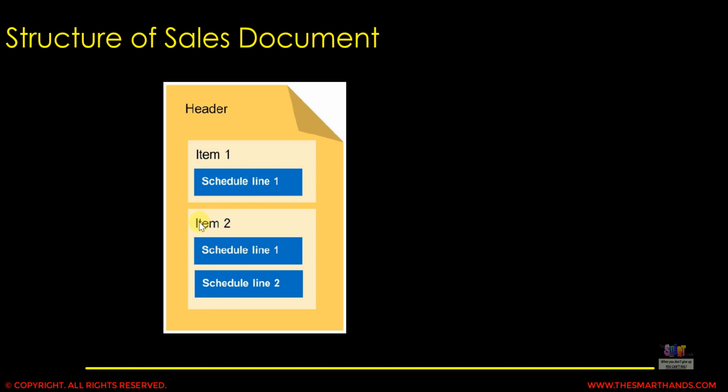Another point to be noted is the system will do an availability check, which I will talk about later in detail, and the system can propose a schedule line. That means the delivery dates: there can be only one delivery date, or more than one, depending on the system setting. So we'll discuss those things later on. So here, for example, for one item there can be only one delivery date, we are delivering completely on one specific date, but for item 20 there can be two or more delivery dates. That means we are doing a partial delivery of this item.